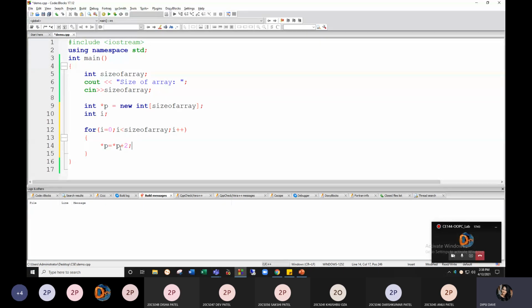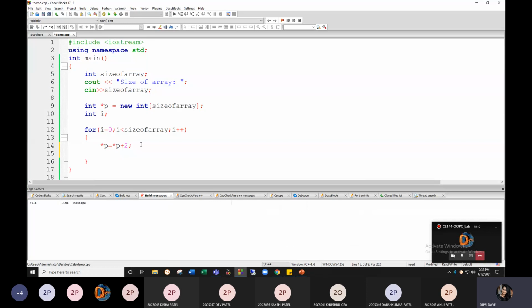First of all, it will be pointing to the first location. We have to go up to the last location.